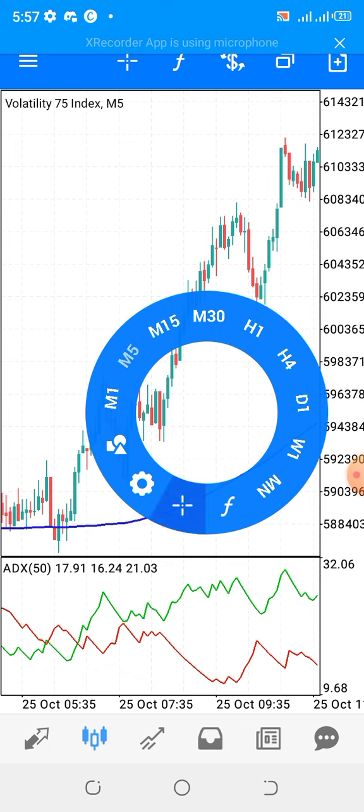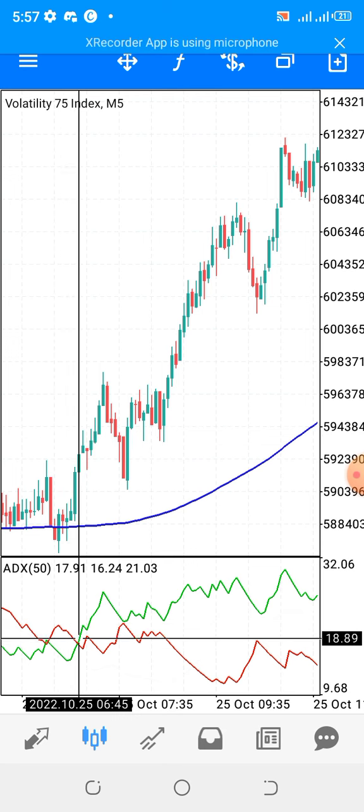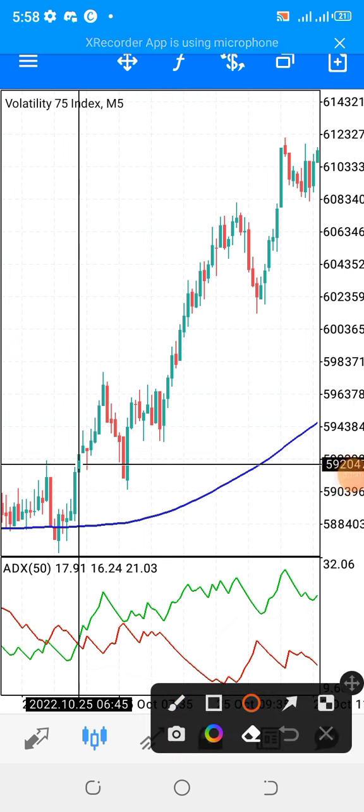Now look here. This is the side of ADS. Look at this crossing here in the side of ADS and trace it. You see that the candlesticks are clearly above the moving average. So this is a buy position. Do you understand? So you make your entry at this particular point, and this is a huge profit for you.